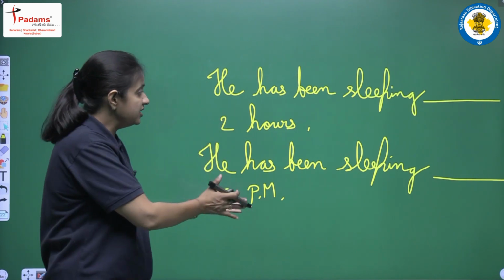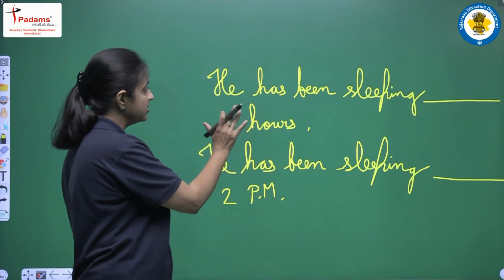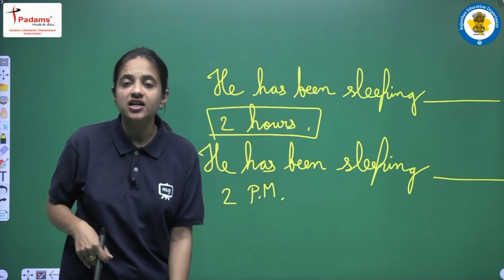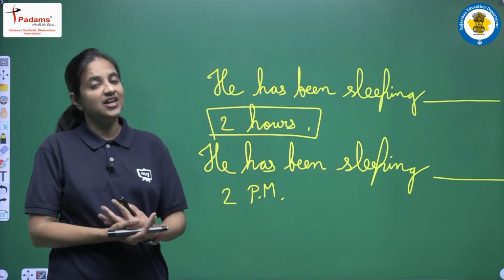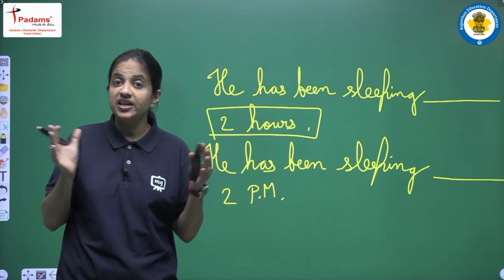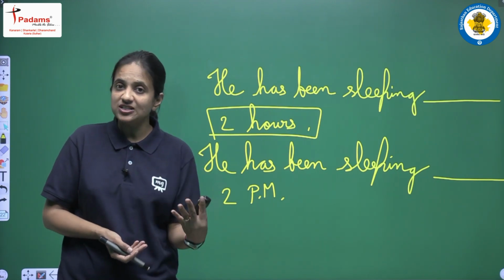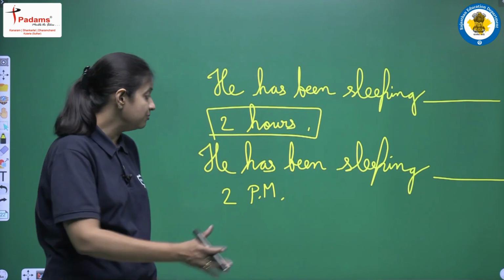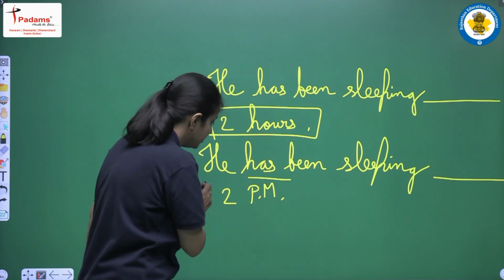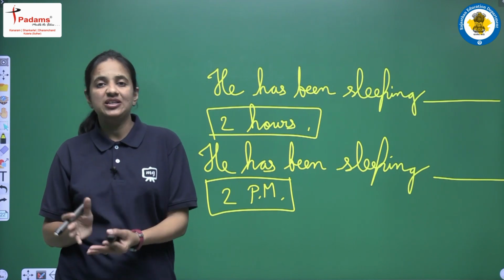Okay, so in both sentences, what is basically the difference? In this sentence we are saying that there is one person and that person has been sleeping 2 hours. So what is 2 hours? 2 hours is a period of time. Okay, so he has been sleeping for the last 2 hours. So here 2 hours is a period of time. We don't know which 2 hours they are, right? They could be any 2 hours, but we have a period of time. But here we are talking about a person who has been sleeping 2 p.m. So here we have the exact time, the particular time.